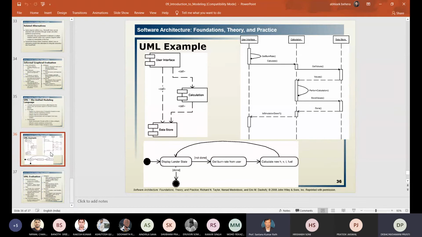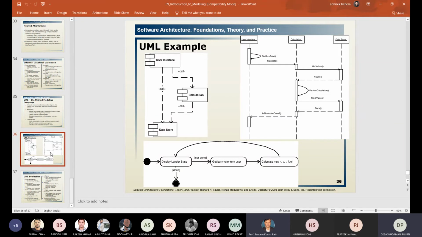It will get the bond rate, then calculate. Then in the data store, it will store the values by calling get values. Then it will send the values, perform the calculation and store the value. So this is a sequence diagram for now. These are some UML diagram examples, and the next one is